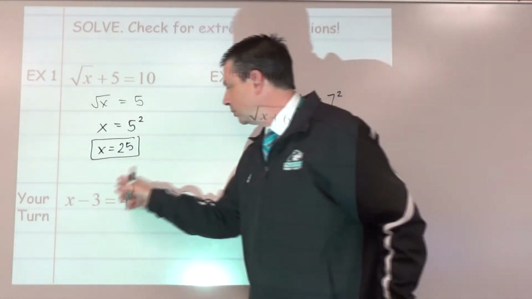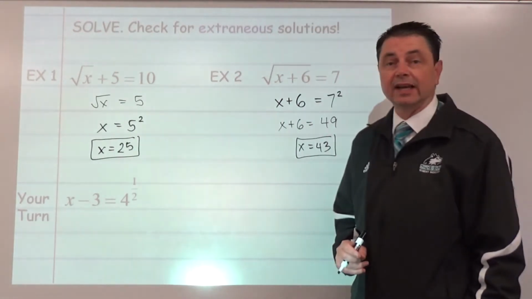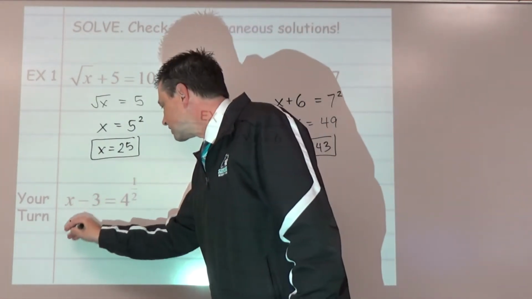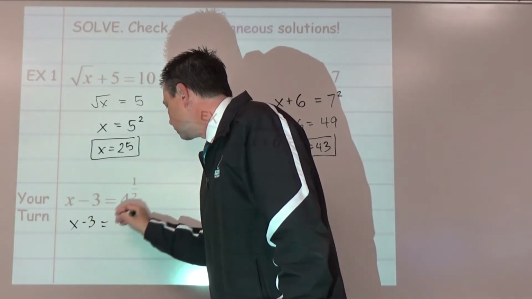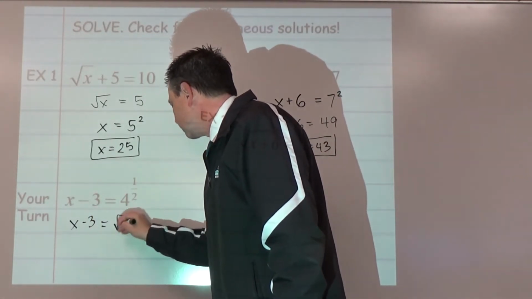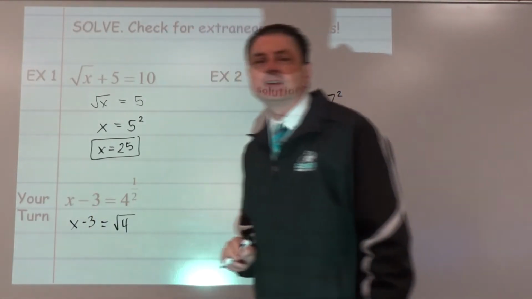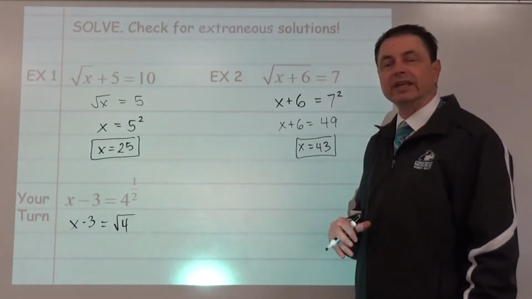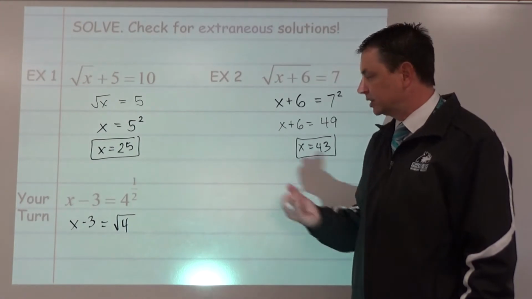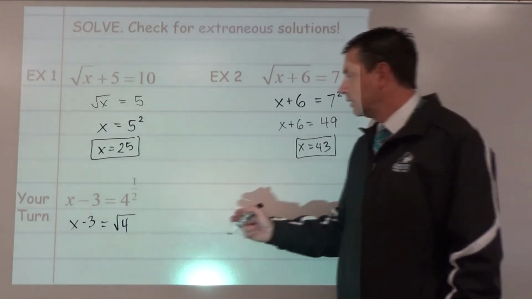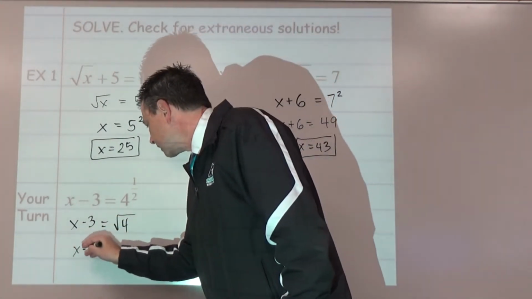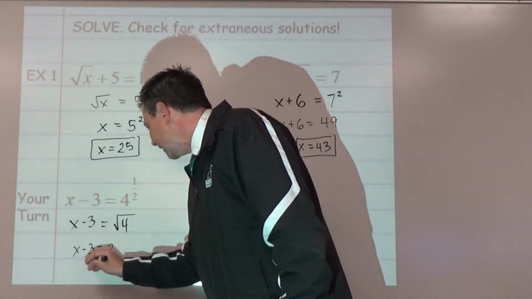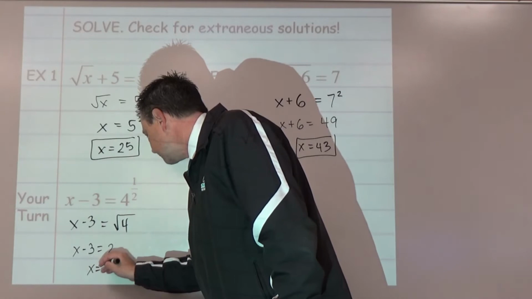All right, well, if we remember from the previous lesson, we can rewrite this as a radical. So it's x minus 3 is equal to the square root of 4. I don't have to put the index there. If I don't put it, it means square root or second root. What is the square root of 4? That is 2. x minus 3 is equal to 2. And if I add 3 to both sides,